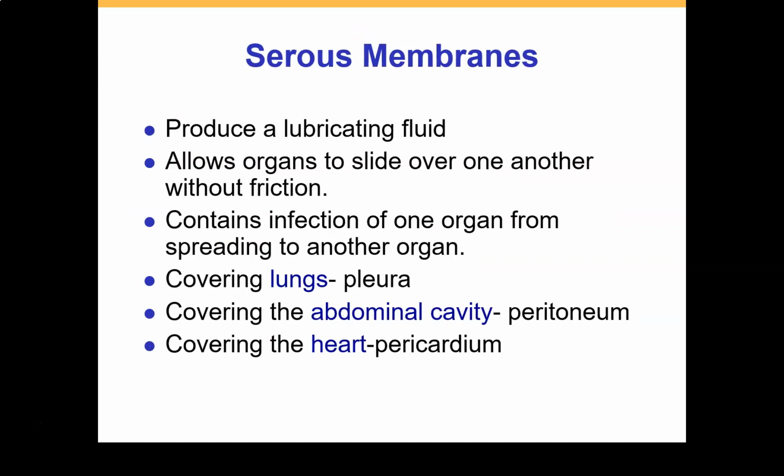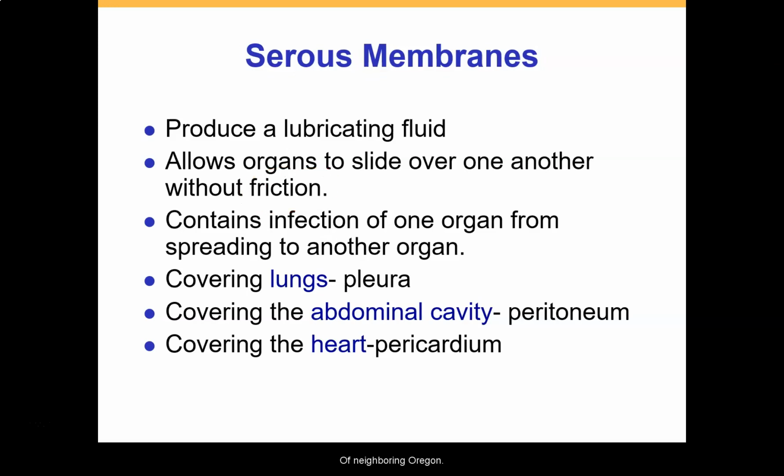Inside of this cavity, the space in between the parietal and visceral layers of a serous membrane, we have a lubricating fluid. This lubricant is known as serous fluid. The serous fluid allows the visceral and the parietal layers to sort of slip and slide across each other. By doing this, it's going to reduce friction